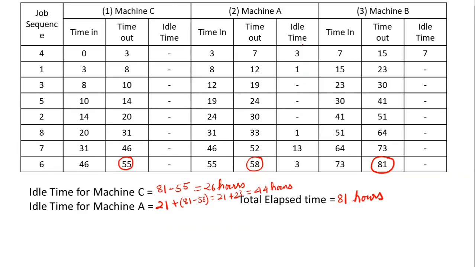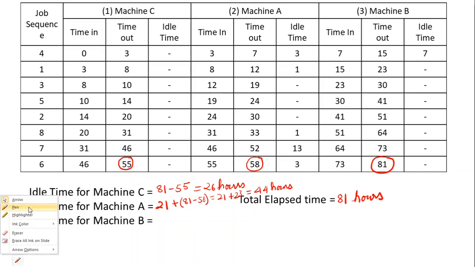So we have to calculate the idle time from the table. Apart from that, take your total elapsed time for the entire job for all the missions, and compare it with the elapsed time for mission A alone. Last one is the idle time for mission B. Mission B will be the simplest of all. You just have to consider only the tabular column. So here it is just 7. So it is 7 hours of idle time for mission B as a whole.